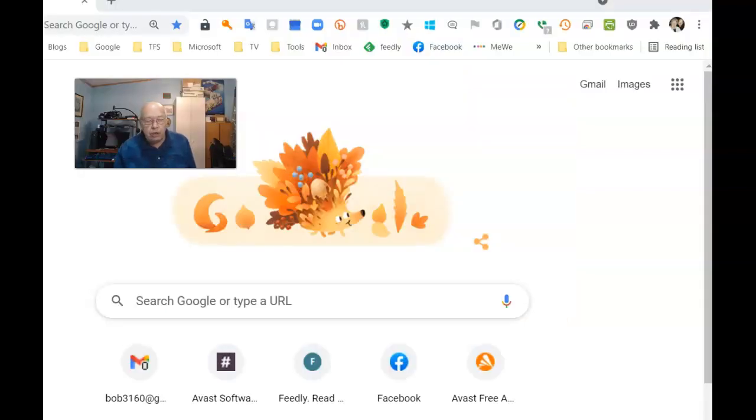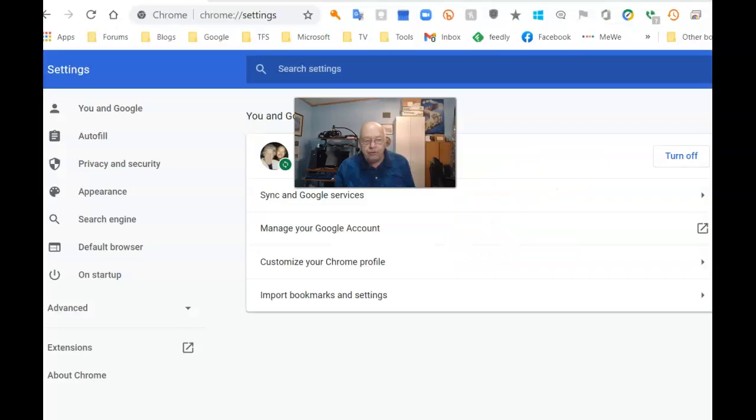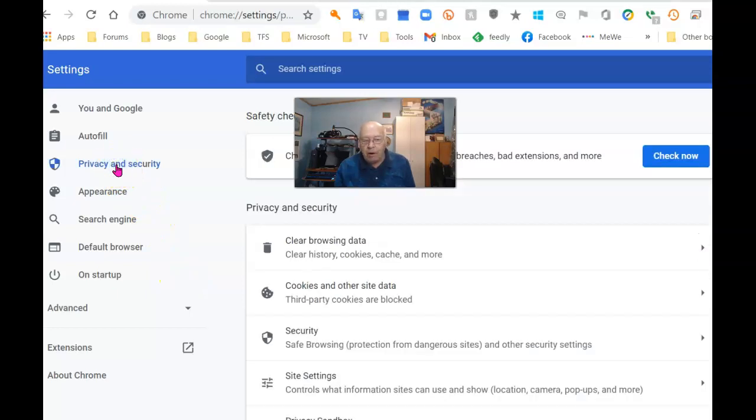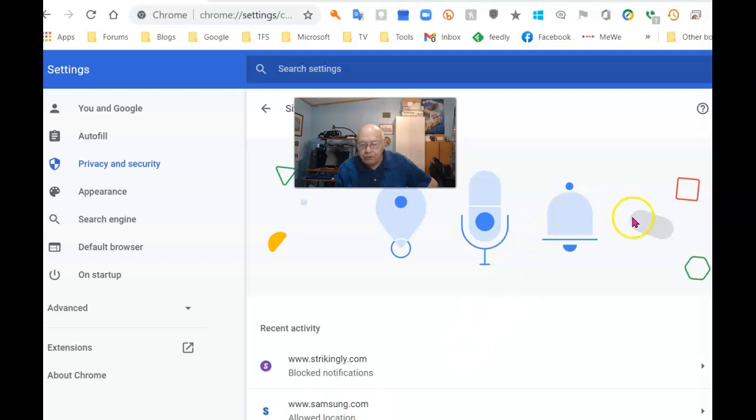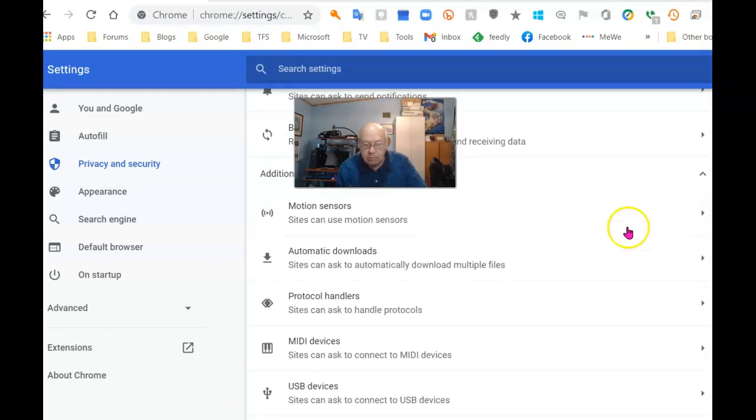Start by opening Google Chrome. Once it's opened, select the three-dot menu, which is used to customize and control Google Chrome. Select it. Next, go down to Settings. Once this opens, the next thing you want is Privacy and Security. Select that one. Once this opens, scroll down until you see something that says